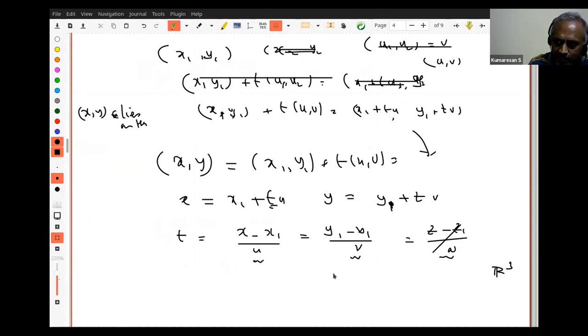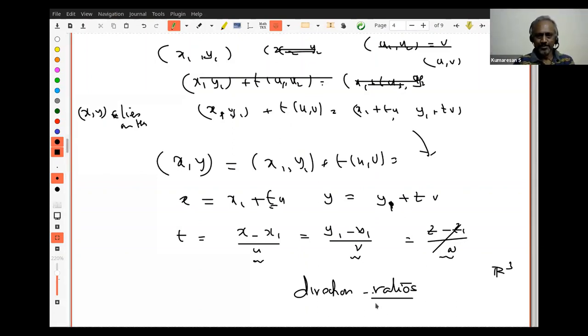Am I making myself clear? I think in R3 you call it direction cosines or something. One of the students also used some word. I don't remember that word. Yes, sir, what is that? Direction ratios. Okay, good, that's the word I wanted. Because I always think in terms of vector space and geometry, so that it's easier for me.